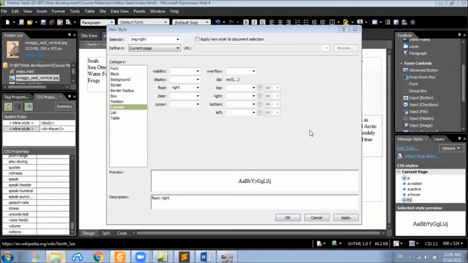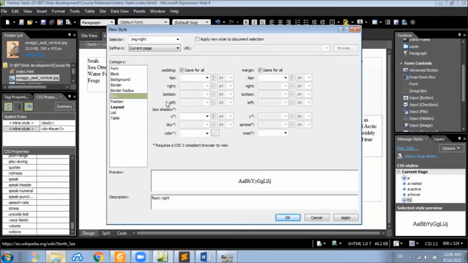In the box category here, add some margin space. Uncheck this one, same for all. And then 10 pixels in the left field and 10 pixels in the bottom field. Pixels we can select here